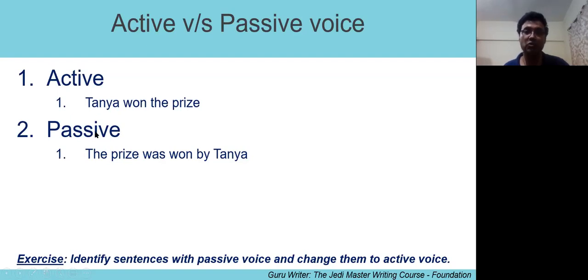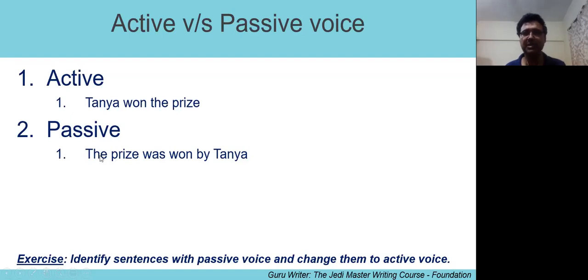An active voice sentence is when the subject is at the beginning of the sentence. In a nutshell, obviously there are many nuances of grammar, and I've chosen a simple sentence for a specific purpose, but in very simple black and white terms, if the subject of your sentence appears at the beginning, that is an active voice sentence. So use that model. Use the subject at the beginning of your sentences when you're writing them.